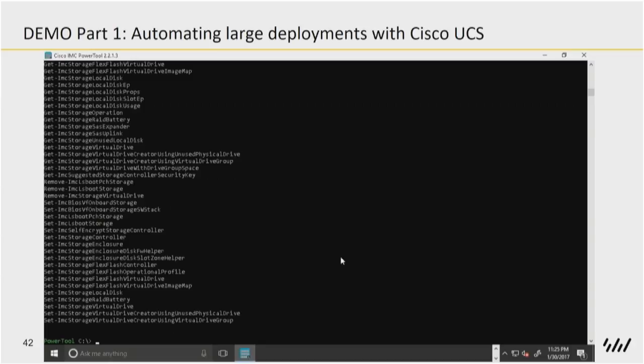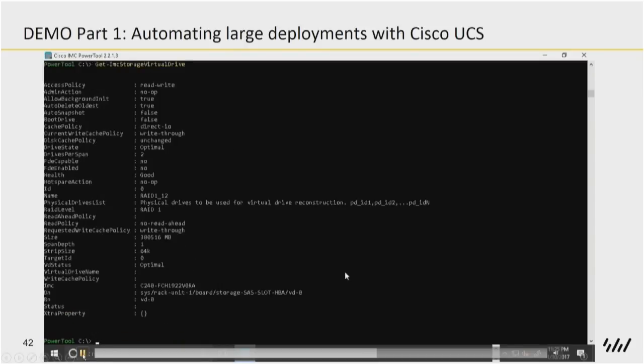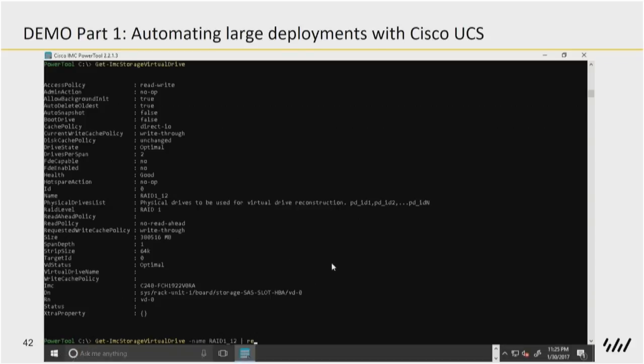I can quickly identify the get IMC storage virtual drive commandlet. Fairly intuitive name. I think that's something that we've also done a good job on. It's fairly easy to get up to speed on using a library and automating something. And then couple that with the ability to discover the XML, I think it makes it very easy to automate something. So here I'm going to get IMC storage virtual drive,